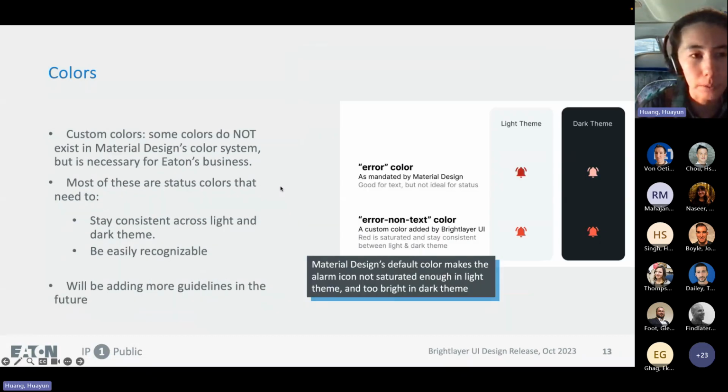Now, when it comes to Figma, what it means, before that, colors, there's also a few custom colors that we added, colors that are outside the typical Material Design 3 theming or color token structure. We found they do not exist in Material Design, but we find it's essential for Eaton's business. So in particular, this example on the right, the error color,